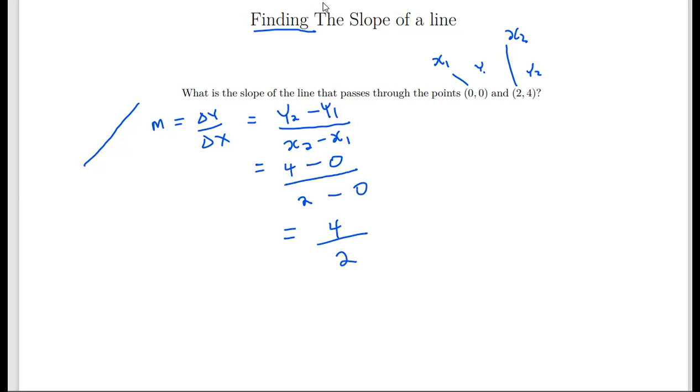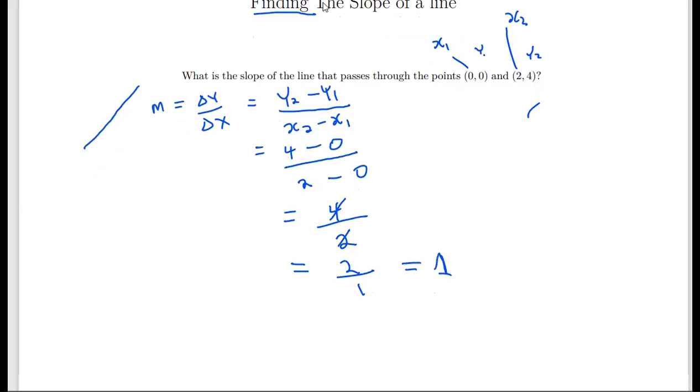And you can leave this in this form, or you can further simplify by dividing both numerator and denominator by 2. So 4 divided by 2 is 2, and 2 divided by 2 is 1. So this is 2 over 1, and 2 over 1 is just 2. Okay, and then we'll do another example to